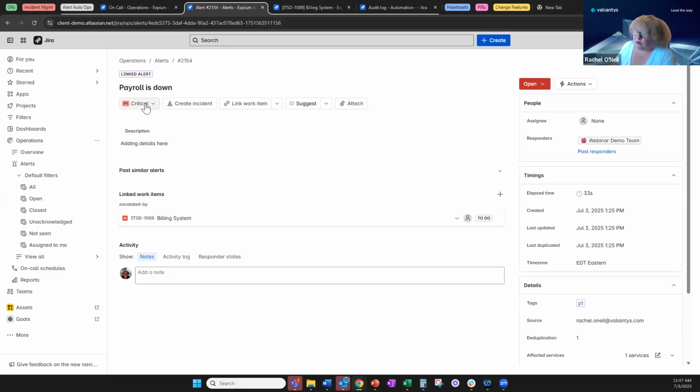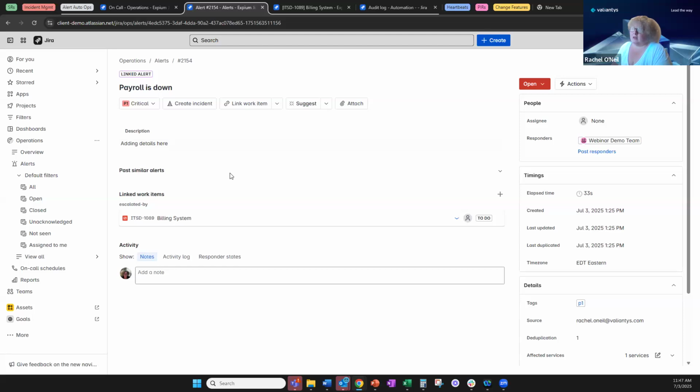Because this is a P1 critical system, and in this case, again, we're picking on payroll, there may be additional details here, but really we just need to know that it's down. Assuming that it is a P1 system, we're going to have an incident created right away for that. No waiting. We're just going to go ahead and create that instead of triaging it manually, which is what a lot of agent populations do for, I would say, about 50 to 60% of the alerts that come in